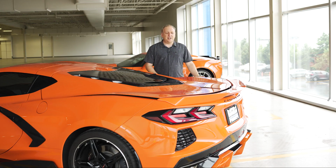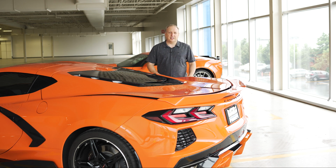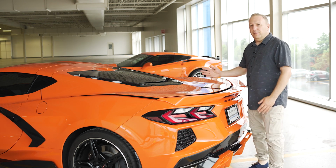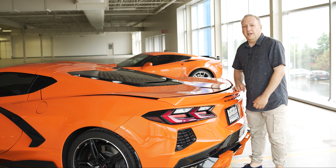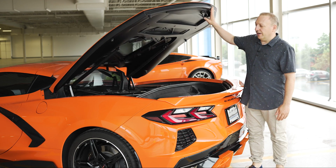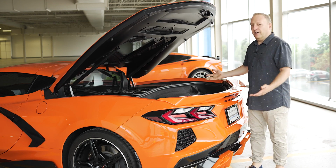Do you own a brand new C8 Corvette? If you're like me, you've been looking forward to this forever. This is the first C8 Corvette that's a mid-engine. I chose the Coupe because I wanted to see the engine. My name is Joseph from ACS Composite, and today I'm showing you our engine appearance options for the brand new